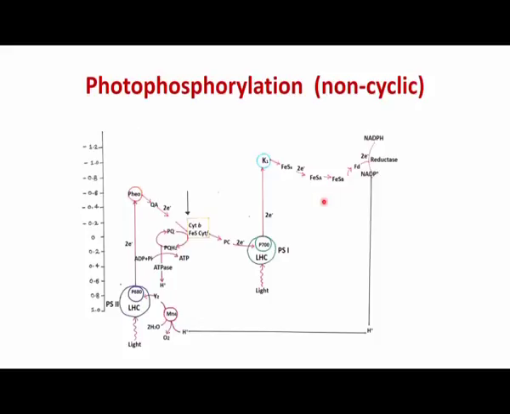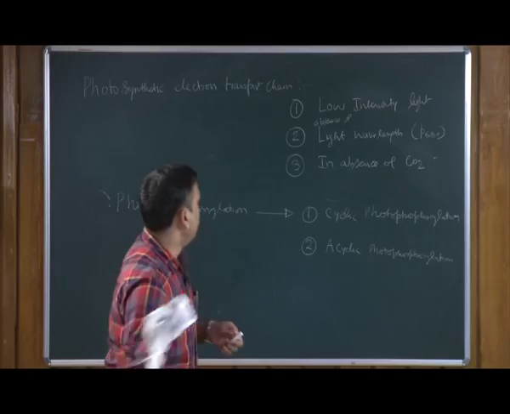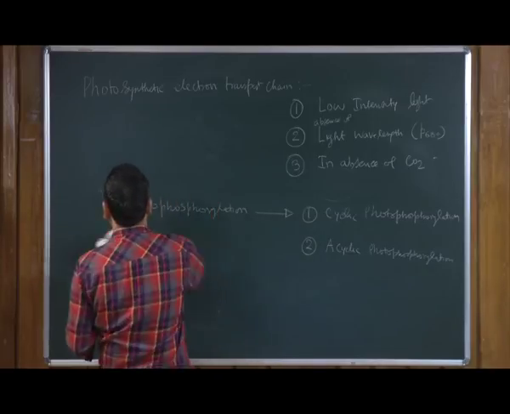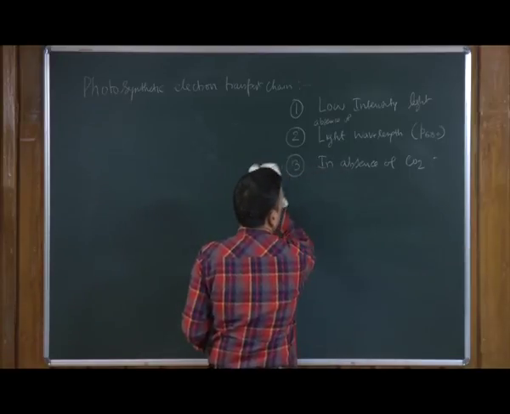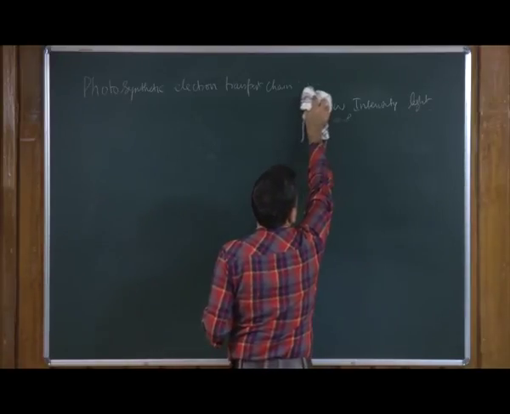And as a result, in the case of non-cyclic photophosphorylation, what you will see is the generation of not only the ATP, but also the generation of NADPH, and both of these molecules are actually required for downstream chemical reactions which happen after taking this energy. So, what you can see is that these two modes of photophosphorylation are responsible for running their own specific functions.